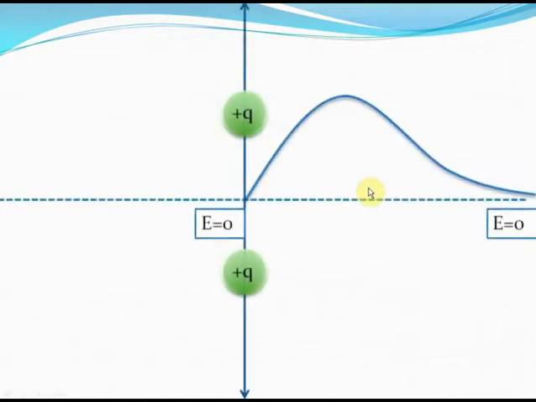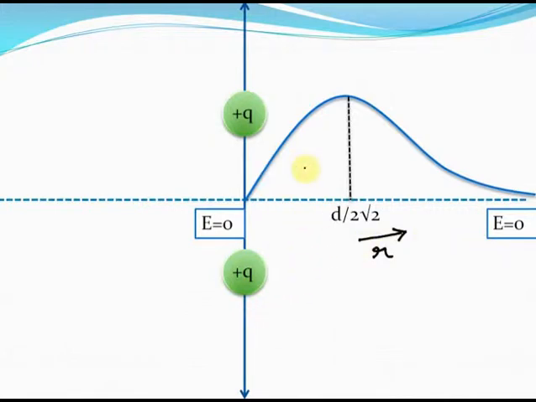We can even sketch this electric field with respect to r. So what you see on your screen here is the graph of variation of the electric field on the equator of this two charge system with respect to r. Note that this graph has been rotated by an angle 90 degrees. So this side that you see on your screen is not the x-axis, it is the y-axis. It represents the distance r from the origin.